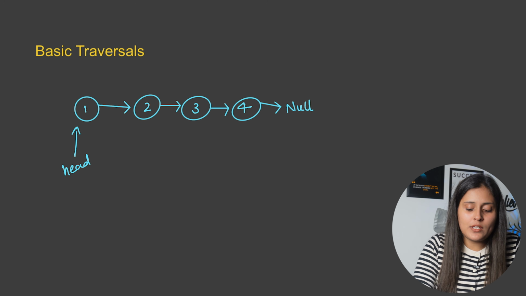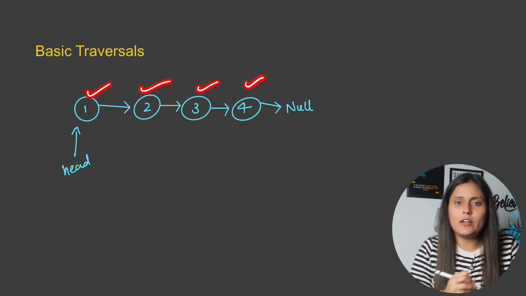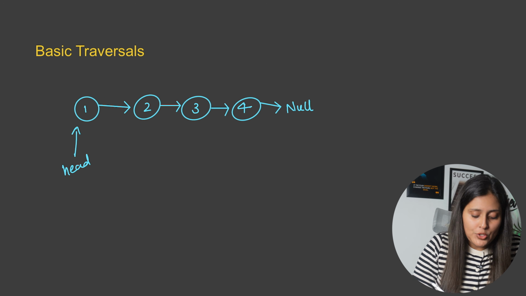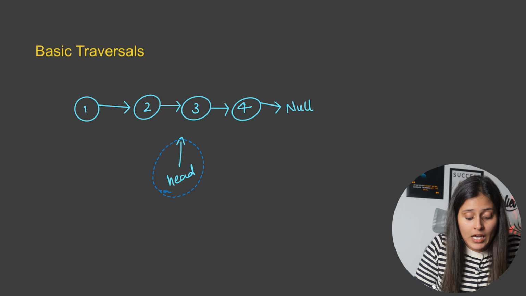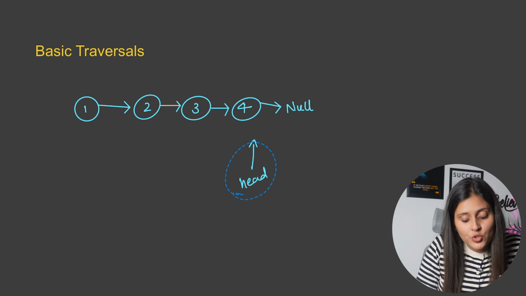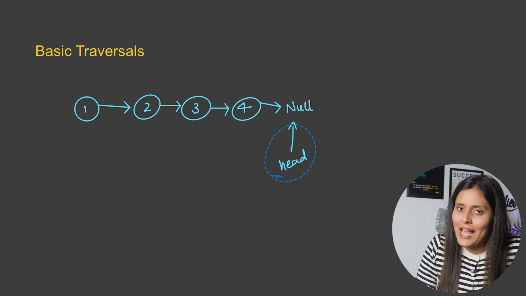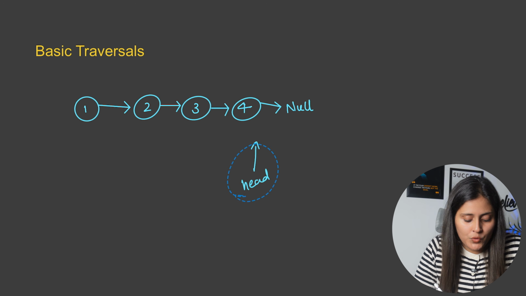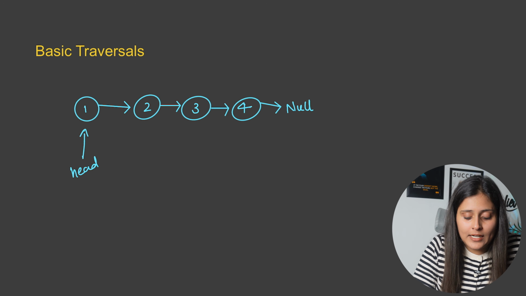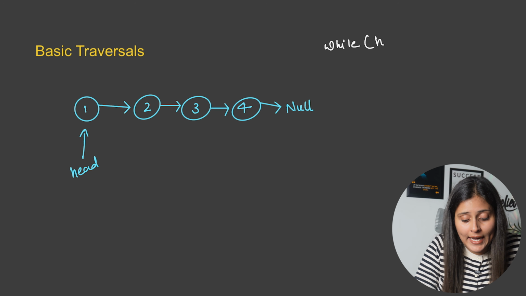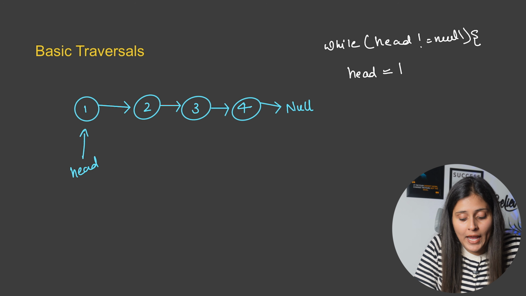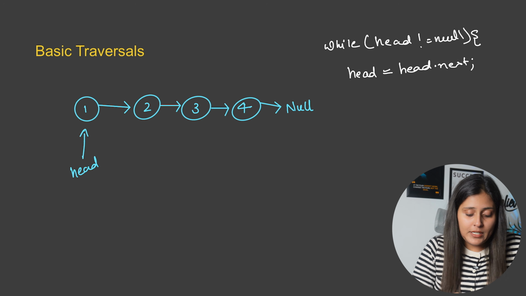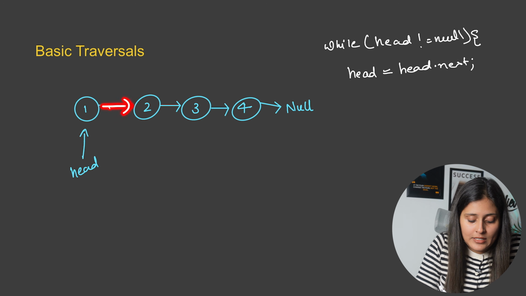If you want to count the number of nodes or the length of the whole linked list, basically you have to move this head pointer continuously until this head points to any null value, and at that point you can stop. So basically you will be using while loop here, and in the condition you give while your head is not equal to null, you keep on moving your pointers ahead. So for movement you just do head is equal to head dot next, because head dot next means this 2.